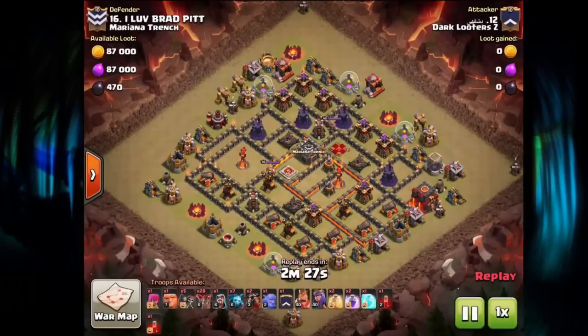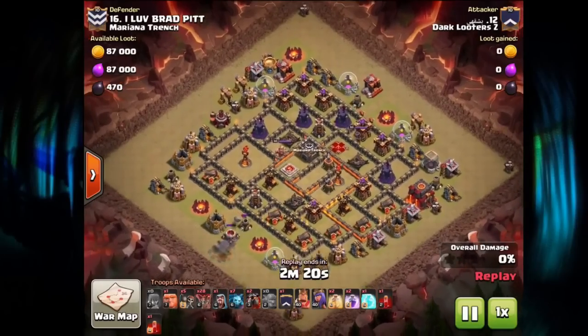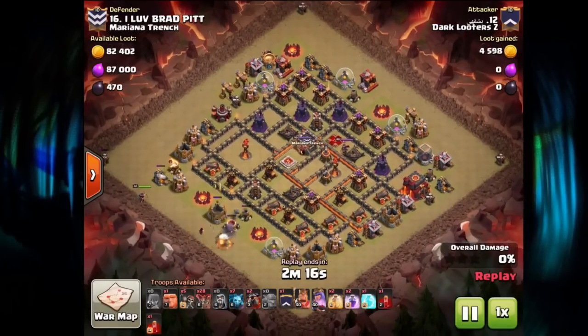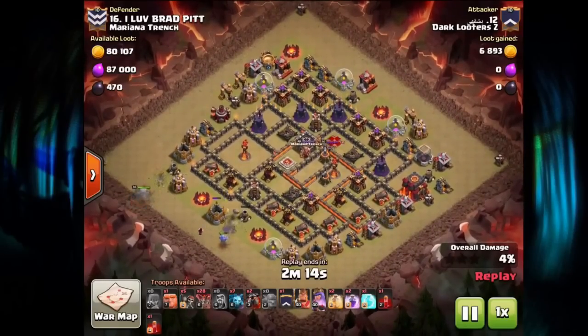I love Brad Pitt on defense and Tamo coming in for the triple. 28 balloons, so a massive amount of balloons. That's actually 3 loons less than I used in both of my attacks this war. So,